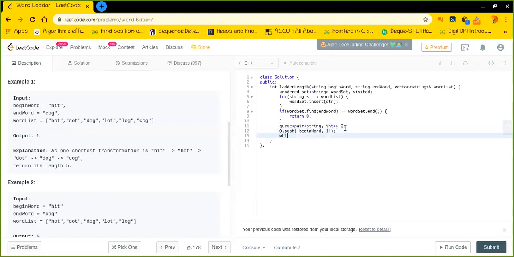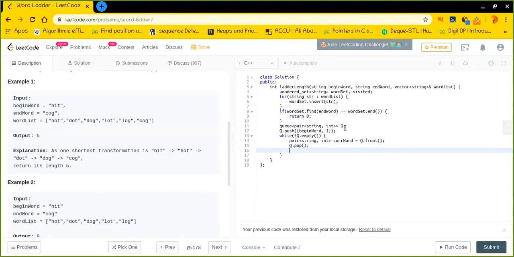Cool. So we will keep repeating this process until the entire queue is empty. Now just pop out the first element and we will do some operation on it. Let's say current word, which is nothing but q dot front. So I have the current string and the number of steps required to make the string.